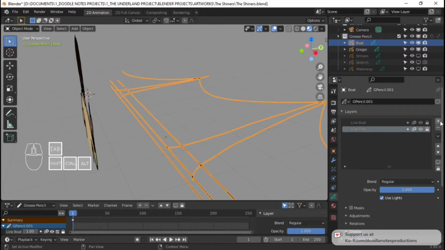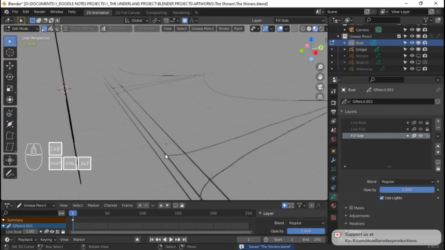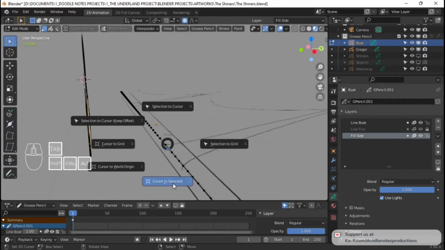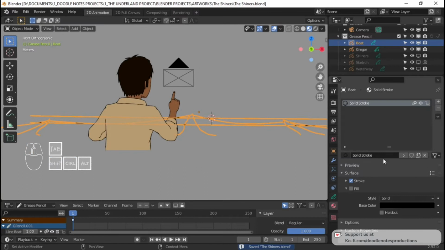I'm gonna lock all of this and put the fill side, and that's going to be this side right here. I'm gonna put my cursor. Tell you what, let me just unlock the boat line here. I'm gonna put my cursor, Shift S, cursor to selected, front view, and what I'm gonna do here, I'm gonna add a material,